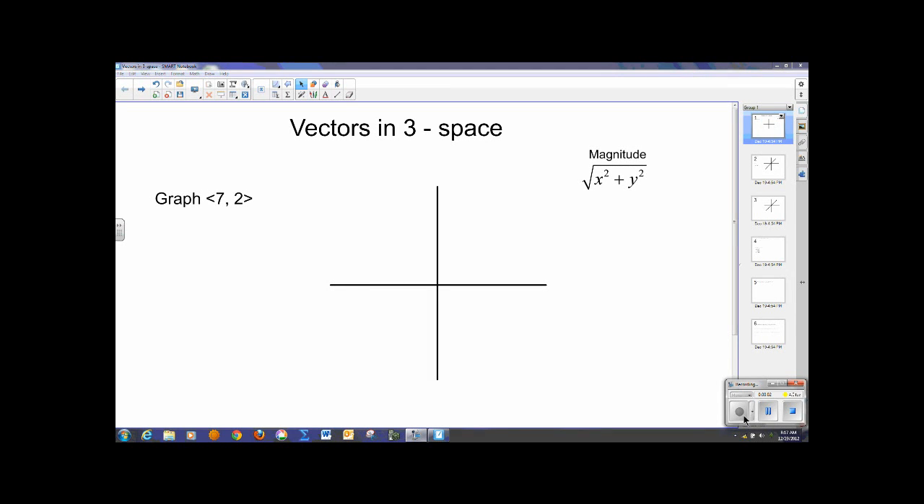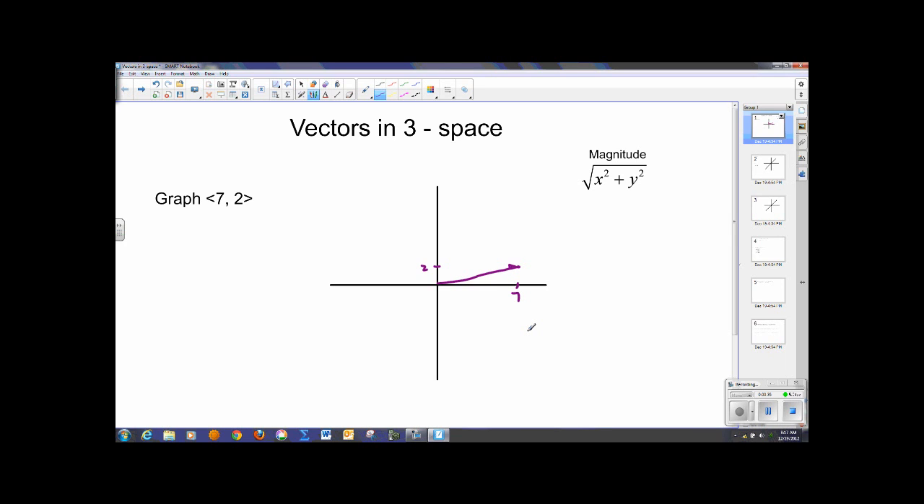We're now going to move from vectors in what we call two-space or 2 dimensions to 3 dimensions. But let's review the 2-dimension first. If I was to graph the vector 7, 2, then what I'd have to do is go on my XY axis, move over to 7, wherever that is, let's call it here, and up 2 from there, and create